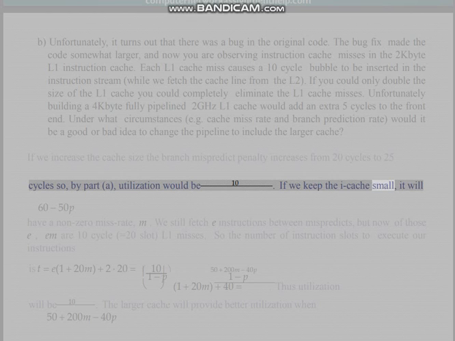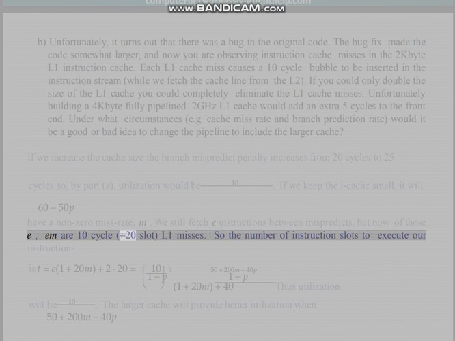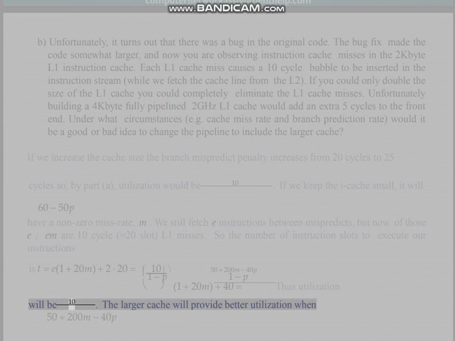If we keep the iCache small, it will have a non-zero miss rate, m. We still fetch E instructions between mispredicts, but now of those E, m are L1 misses at 10 cycles, equals 20 slots each. So the number of instruction slots to execute our instructions is E + 20mE + 40 over 1-p. Thus utilization will be calculated from that. The larger cache will provide better utilization when